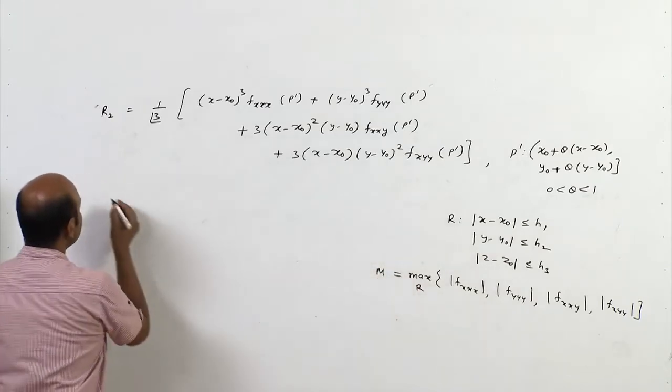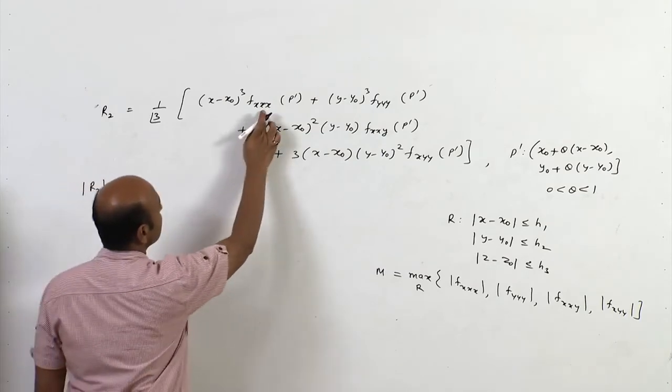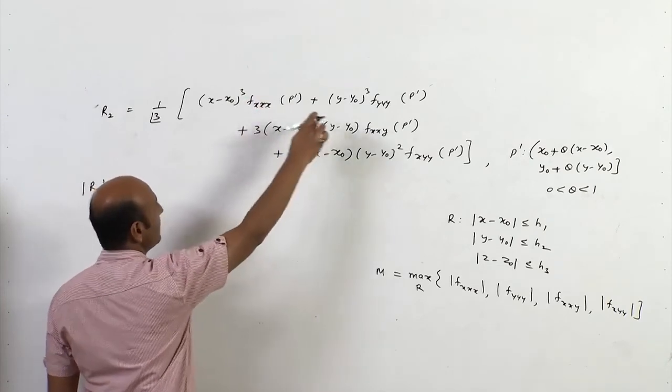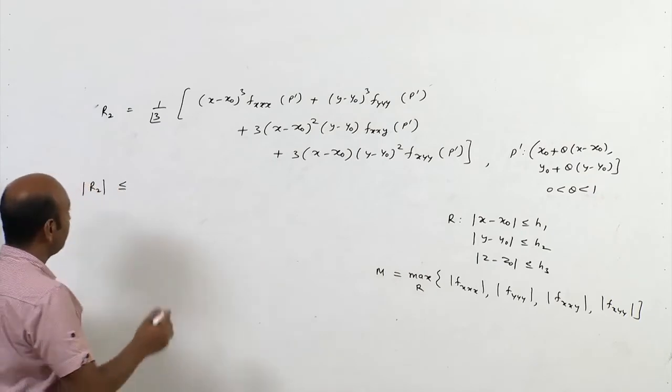So, we can say that R2, this modulus, will be less than equals to m. So, m will be common, m can be taken out,